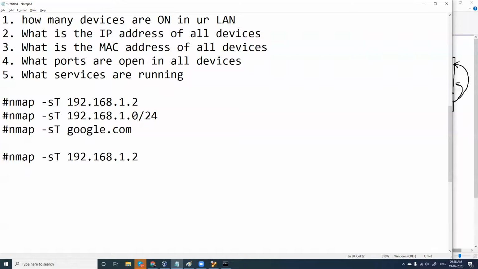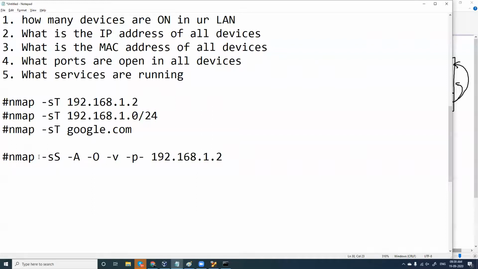In case you want to go for an advanced scan, where I want to make some changes, the complex scan can be like this. I'll give -sS, -A, -O, -v, -p-.